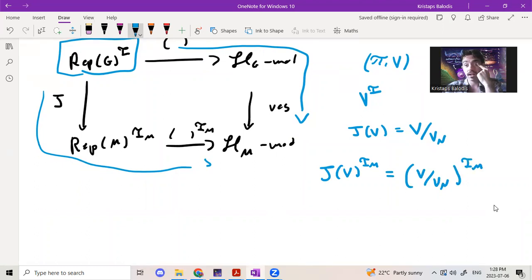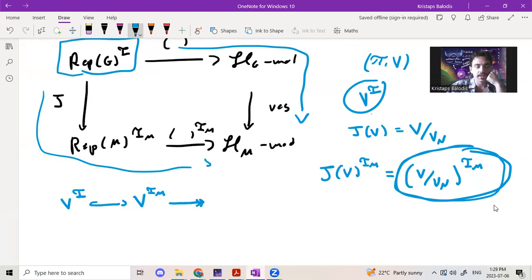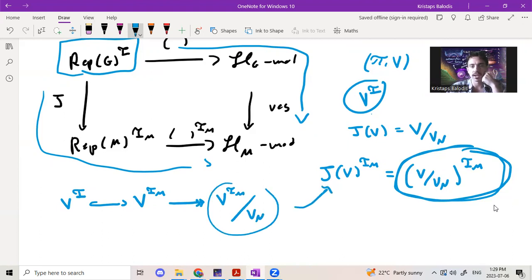But I claim it's not so clear what map should intertwine these underlying spaces. Certainly, if you are I-fixed, you're going to be I_M fixed, and if you're I_M fixed, you're definitely going to be an I_M fixed point of this thing, right? So by including into here and then projecting down through Jacquet, this should live inside here, right? So we get a map, but